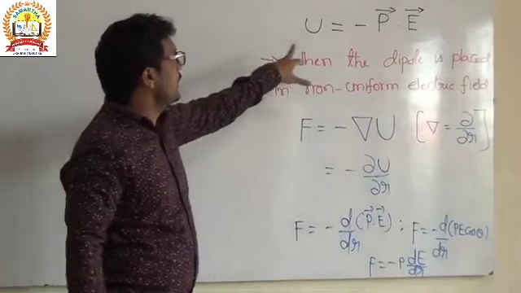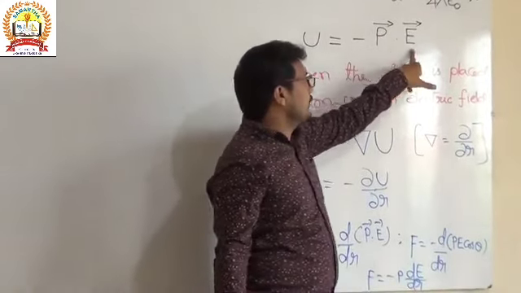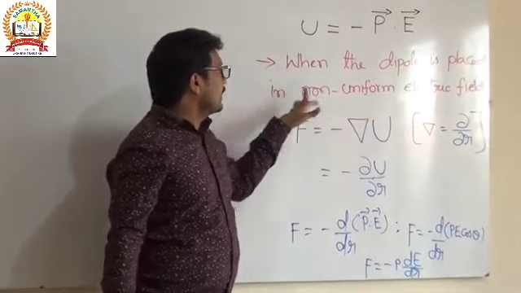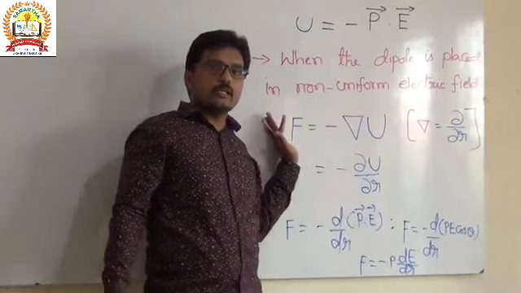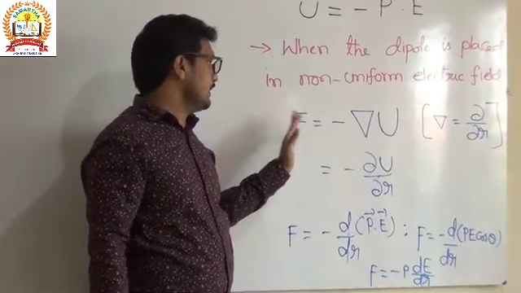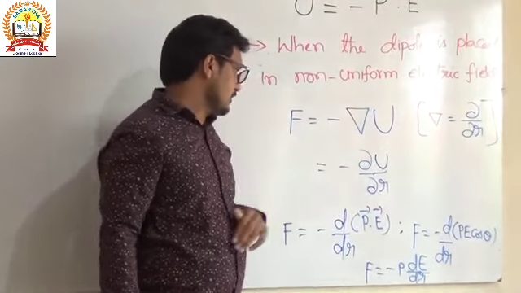We know in a uniform electric field U is equal to minus p vector dot E vector. When the dipole is placed in a non-uniform electric field, it experiences force and torque also. Then the force is the negative potential gradient of the potential energy,